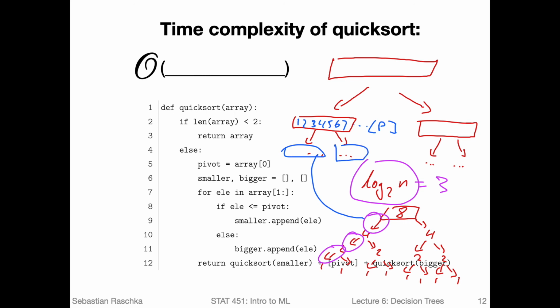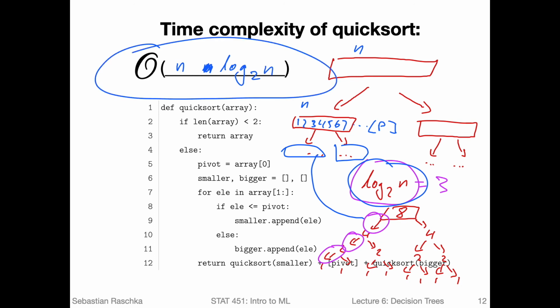So in the worst case, or how we usually talk about this in big O complexity, we would have n comparisons. So we would have n comparisons here, then n comparisons here, and so forth. In the worst case, if we have an infinitely long list, and we do that log 2n times. So in this case, the runtime complexity of quicksort would be n, because there are n elements in the array where we do the comparisons like bigger and smaller, times n, so we have n already, times log 2 of n. So this would be the runtime complexity of quicksort in, I would say, the average worst case.